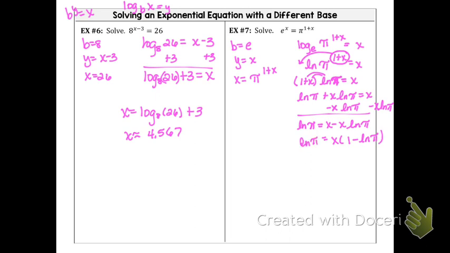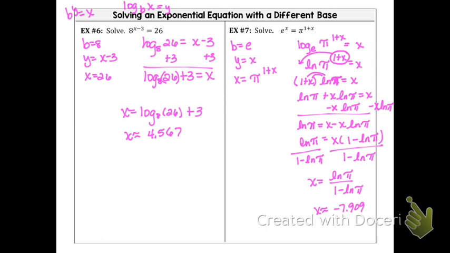Leave the left side alone, and then solve for x by dividing by 1 minus natural log of pi. So we get x equals natural log of pi over 1 minus natural log of pi, which has a decimal approximation of negative